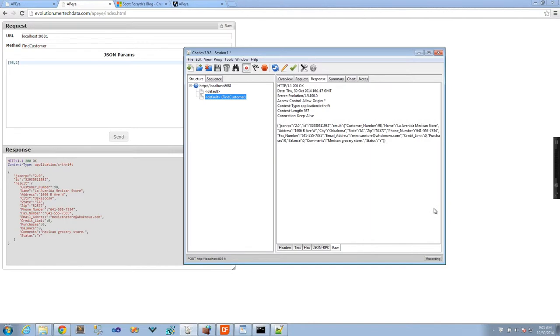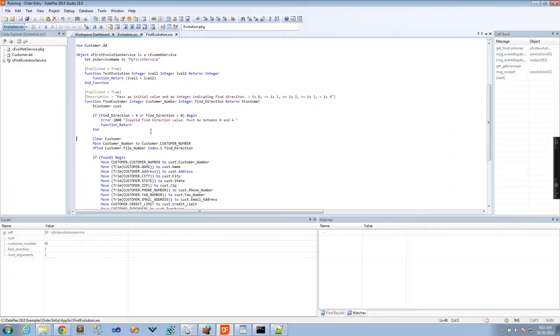I can't really emphasize this enough, that using these utilities to look at what is actually going over the line is the best way to debug them in most cases. Having access to the debugger is great. You can step through your code, look at return values, but actually seeing how it's getting formatted will show you